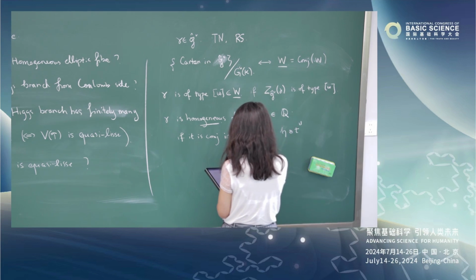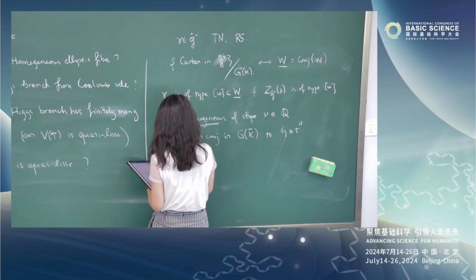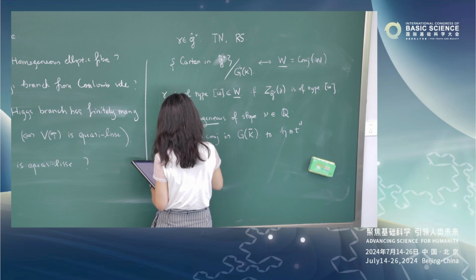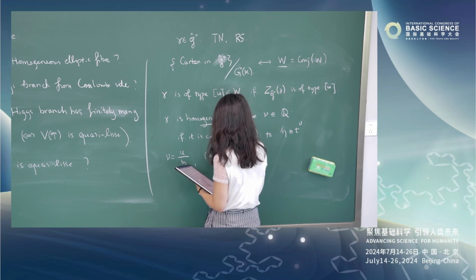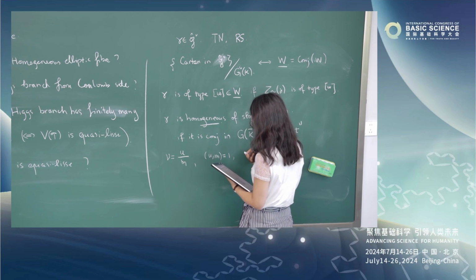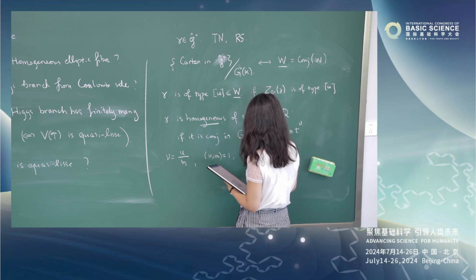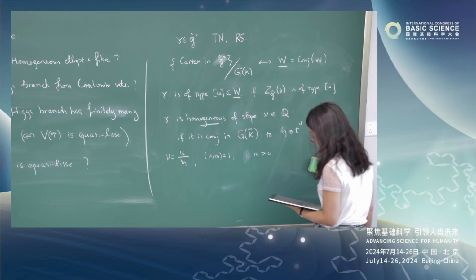Now if nu is a rational number of the form u over m, where let's assume u and m are coprime to each other, and m is positive,